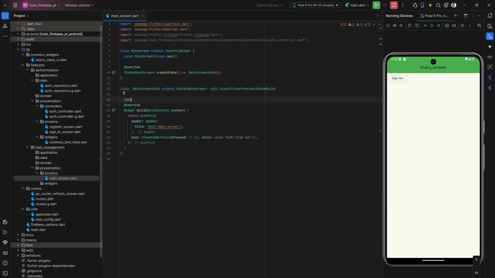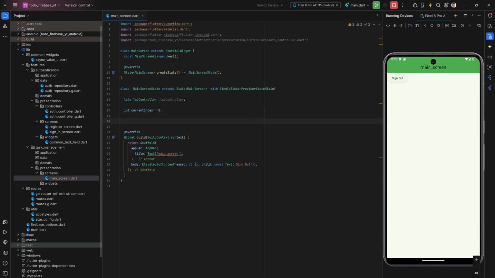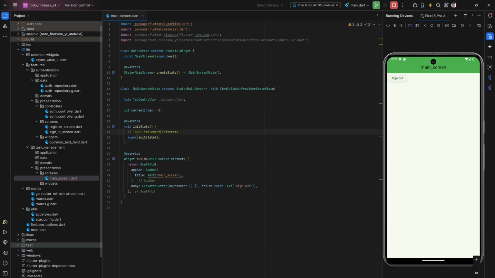So we are then going to add a controller here, so a tab controller, and to get the index that we are already at, we are going to need a variable to manage that, which I'm going to call current index. It is originally going to be at 0, that is the first element of the bottom navigation bar. So we need to initialize this tab controller, and I'm going to use init state for that. So inside here, call tab controller